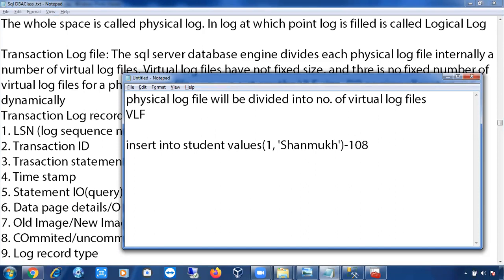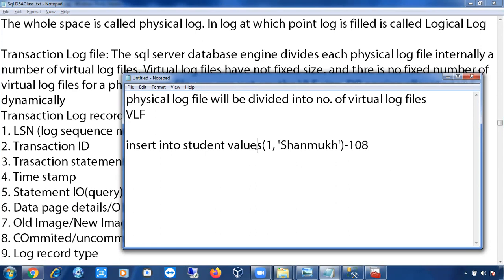For example, if this query ran, it would be difficult without details: on what database it ran, at what time it ran, who ran this transaction. You should have all these details. Otherwise, if any rollback or roll forward happens, it doesn't know in which database to roll back or roll forward. So each transaction in the log file stores almost all 108 properties.